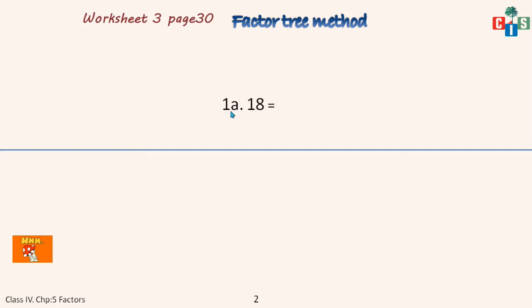So the question is 1A, 18. Now for the prime factorization you have the trick, that is smallest what? Smallest prime number से शुरू करना है. Yes. So 18 तो 2 के टेबल में भी आता है, 3 के टेबल में भी आता है. So we will start with the smallest prime number, that is 2. But here first I am going to start with 3. 2 वाला नीचे I will solve.